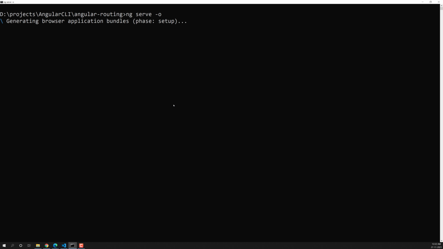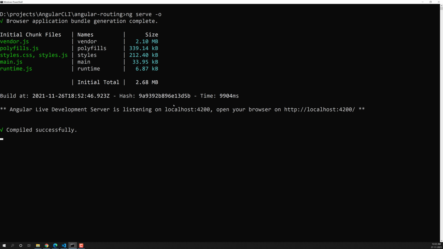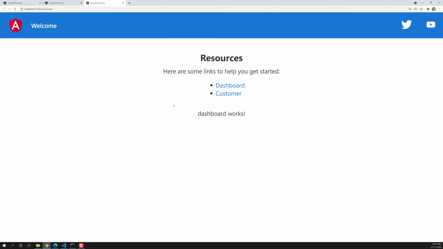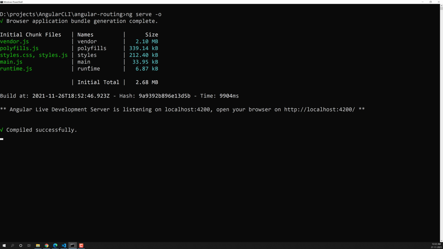So normally we have learned, right? It will be created in the dist/myops, something like that, output directory. But here ng serve will not create the files in any physical location. It will be created in the memory. If you try to see here, the output has automatically opened. And let's try to see the files also. These are the files that are generated in the memory. These are kept in the memory, not in the physical location.